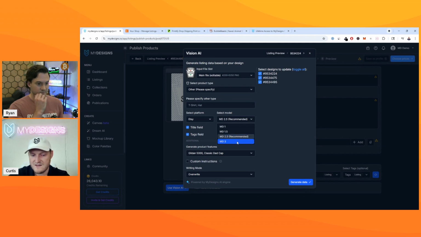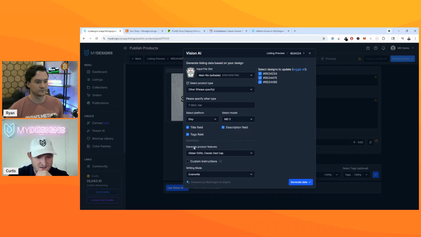By the way, we have the MD version 3 model for Vision AI now. It's specifically for Etsy's new guidelines around SEO. So we could try that. It's shorter titles. But let's give it a go and see how that does. And it's going to include both the product details from each of those products in your description. See, it has them both selected. So let's just generate data and see how that looks. Because we did t-shirt and hat as product types